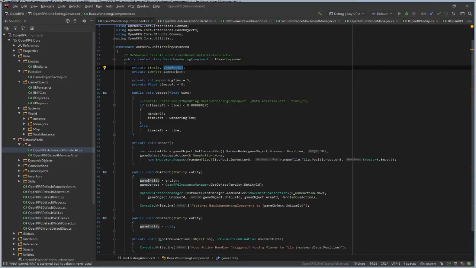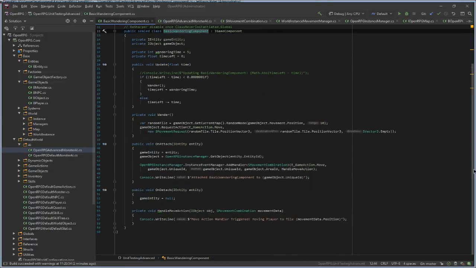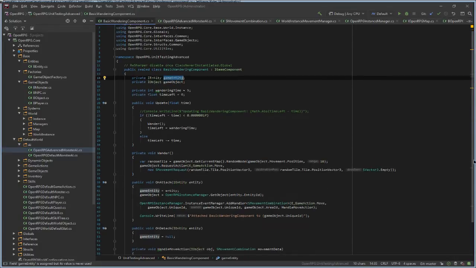Game entity. We don't really use the game entity. I'm not sure if we will use game entity. We can implement something like Unity's ECS, where components only have some kind of data. Then they schedule jobs like systems.